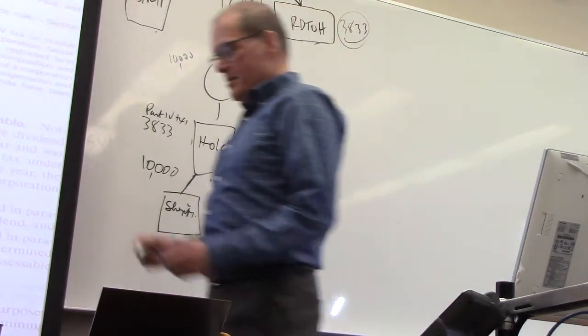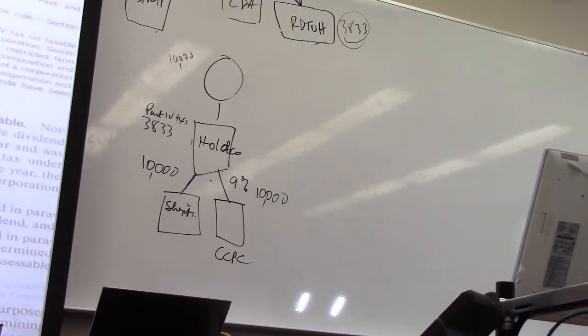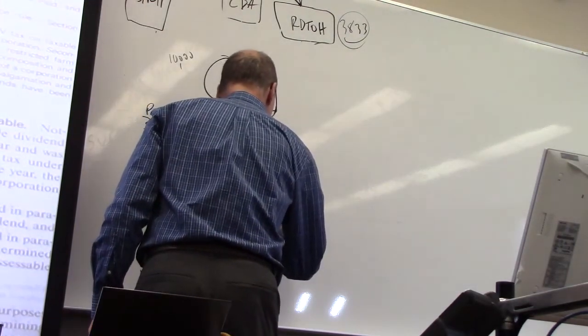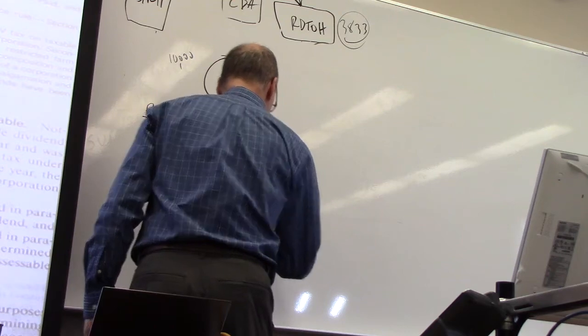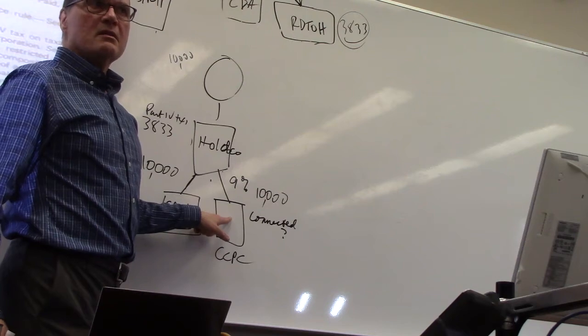And to know that, I need to know whether that CCPC is connected. Because Part 4 tax is 38 1/3% of all assessable dividends, which are taxable dividends, received from corporations other than payer corporations connected with my corporation. So is this connected? If it is not connected, and by the way, it is not,